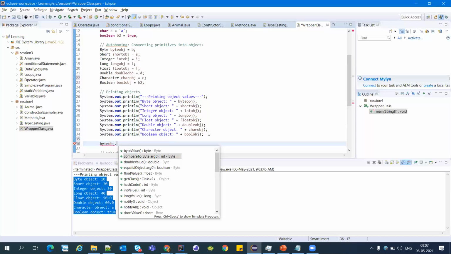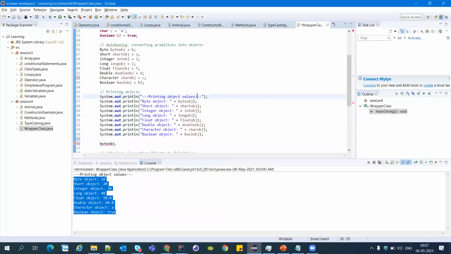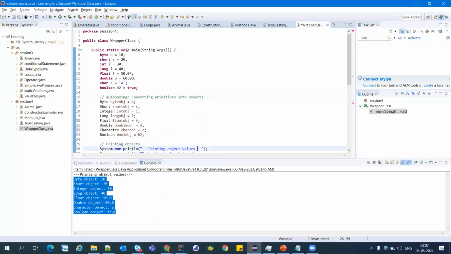Can you please go above? See, you have first declared the byte B value as 10. After that, you are autoboxing it to byte, for which you have declared the variable byte object, and you are storing the B value in byte object. So the byte B value 10 you are converting to the byte object.